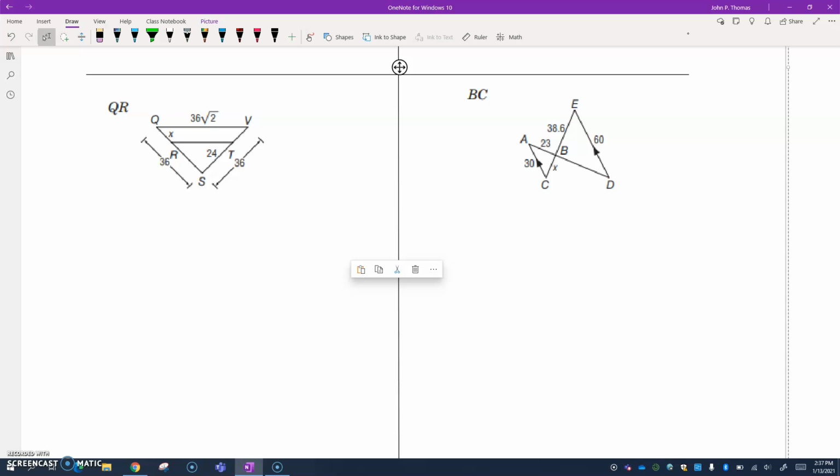All right, so you just took a look at these two. So this first one, if I take a look at it, I've got some information lined up here. The picture, let's see. We've got two triangles that are there. It does not specify parallel sides. All right. We do have 36, 36, and 25, or 36 root 2. And then we have the 24 on the inside. And then they ask us for an x for the little segment that's there, which would correspond to this side